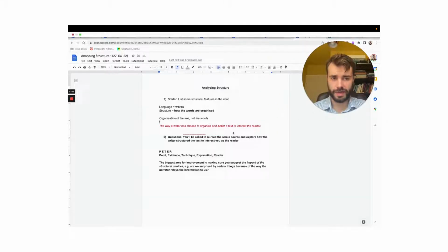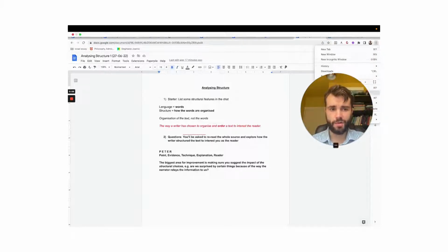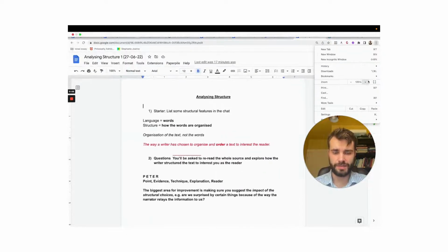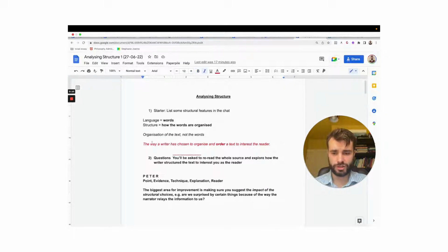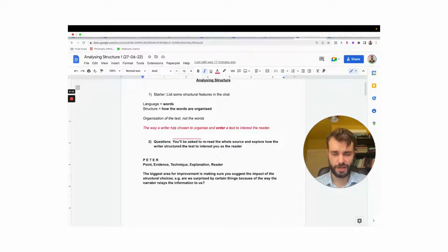Question 3 in Language Paper 1 is always about analysing structure. So what is structure and what does it mean to analyse it? Well, structure is to do with how a text is organised. It's different from language because it isn't just the words. But the best way to define it is the way a writer has chosen to organise and order a text